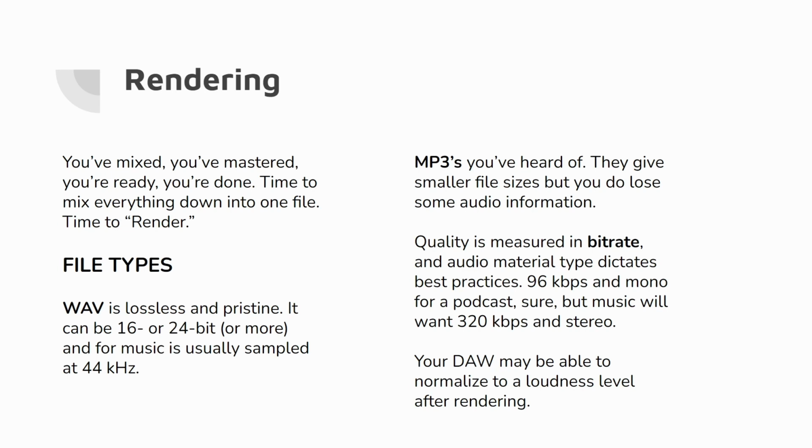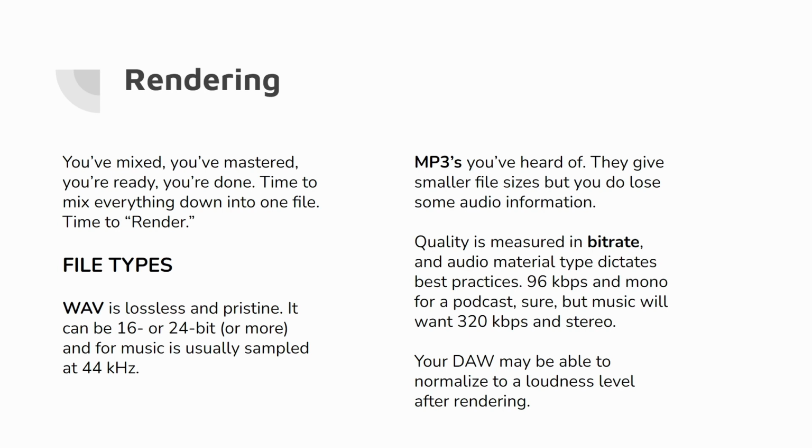We'll need to choose a type of file. WAV is a format that's lossless, pristine. No information is thrown away. It could be 16-bit or 24-bit or more, and that is the word length, and it can help give finer gradations in volume. And then the other